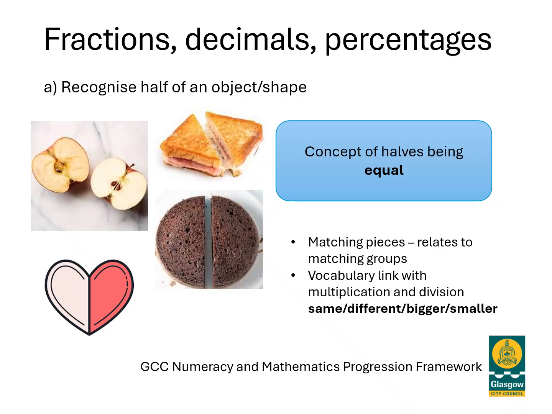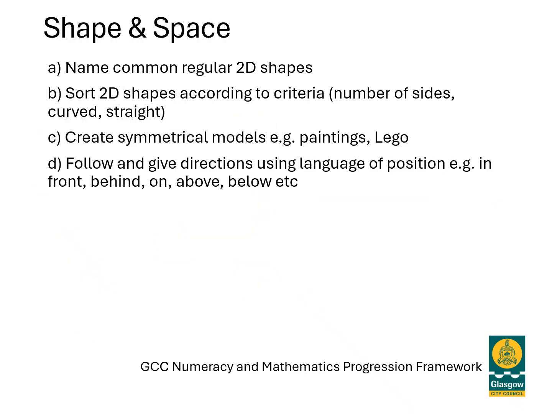So moving on from the core number topic, each block of teaching has 2 areas beyond number to touch on, and those are revisited through the year. So in this block, in block 1, we have shape and space, which appears in this block and again in block 4. And we also have information handling, which appears in 4 out of the 6 blocks, because it's very much linked to our core number skills